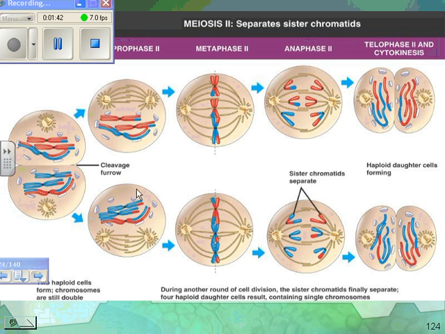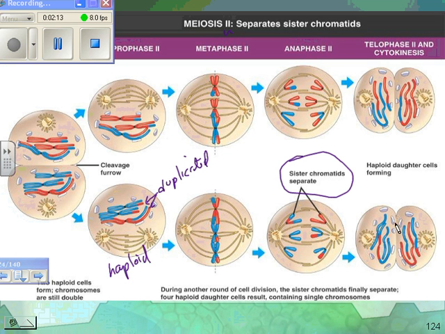And then this is meiosis 2. And so you start out with these 2 cells from meiosis 1. They're already haploid, but they are not paired anymore by the time you get here. So here's the beginning of meiosis 2. You have haploid cells, but the chromosomes you can see here are still duplicated. So that's prophase. Metaphase is when they line up in the middle, and anaphase they separate. And what you're separating this time are sister chromatids,